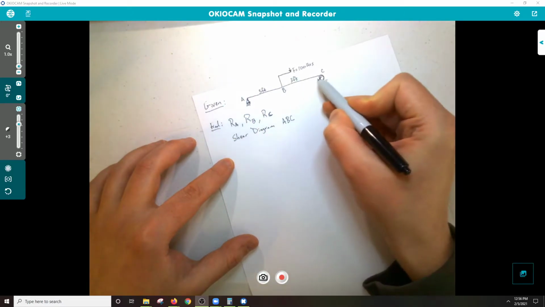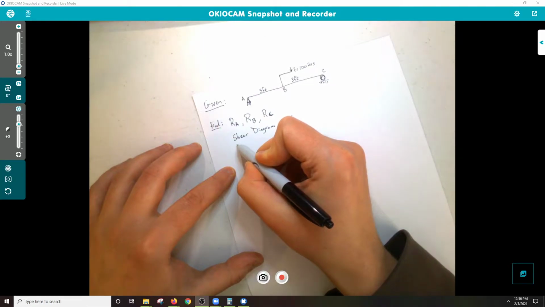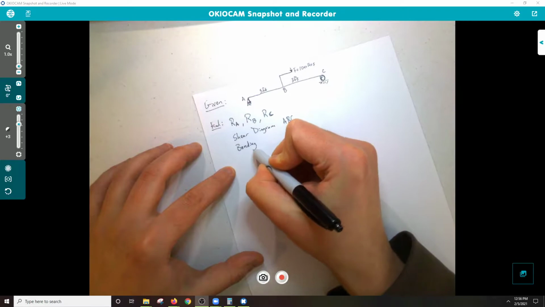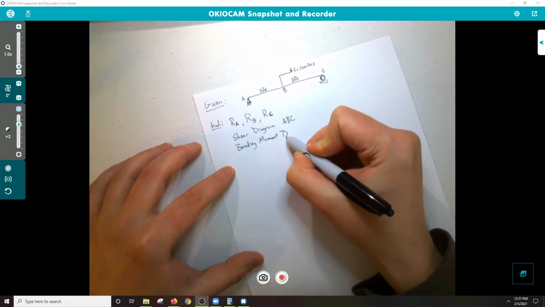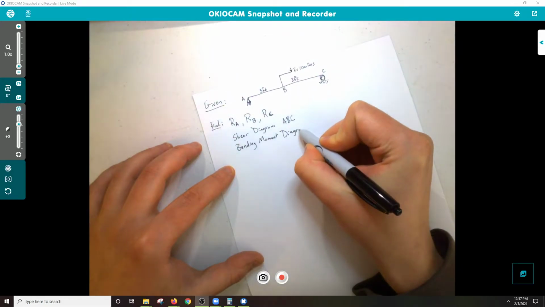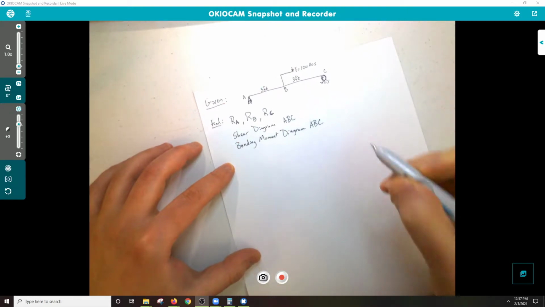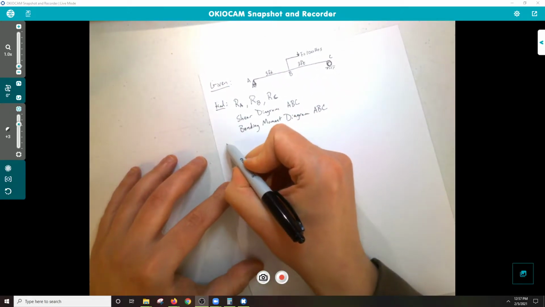So this beam right here. And we want to get as well the bending moment diagram, again for ABC, that beam. Alright, so that's what we're looking for. Our solution